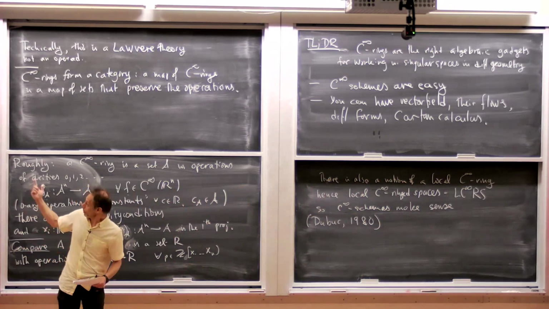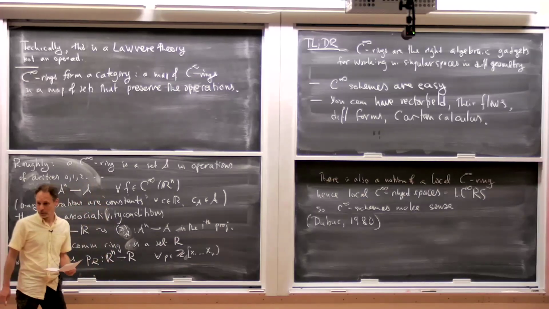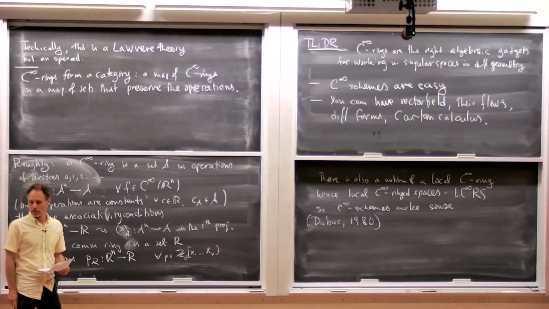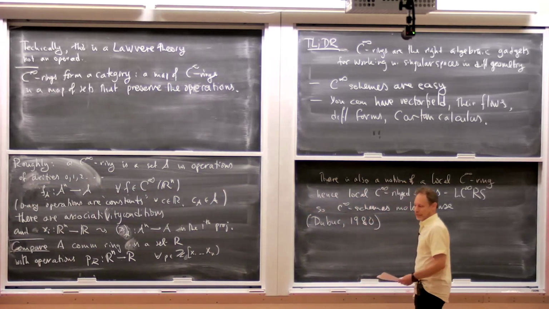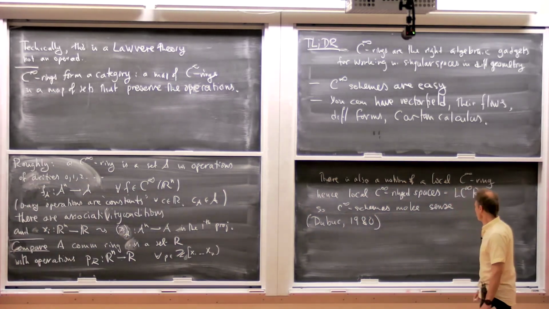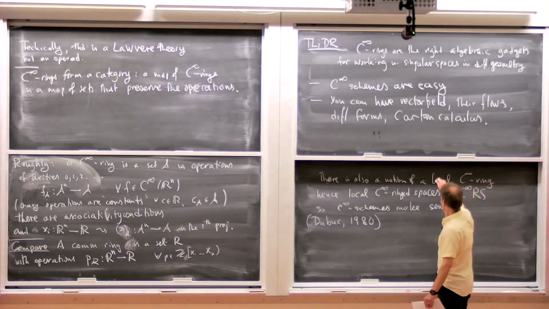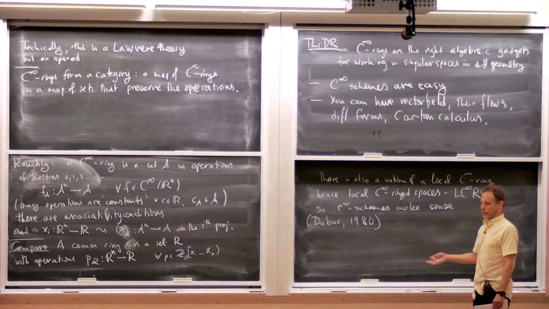So I told you I'm going to keep going back to the 80s. Roughly the difference between a local C-infinity ring space and C-infinity schemes, that you have some preferred local model. Let me say something else and hopefully I'll answer your question. Is "local" an adjective or a noun? Is it a property of the C-infinity ring or is it additional? It's a property. There is a unique maximal ideal of a certain type. You want the quotient to be the reals, as opposed to some arbitrary field.